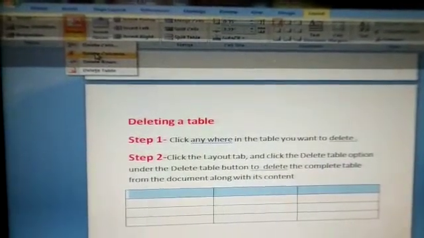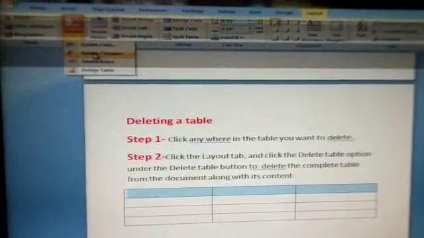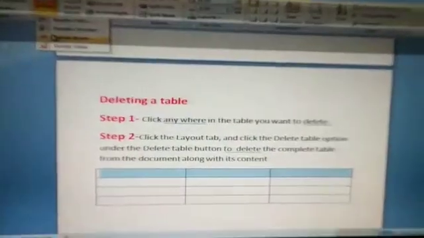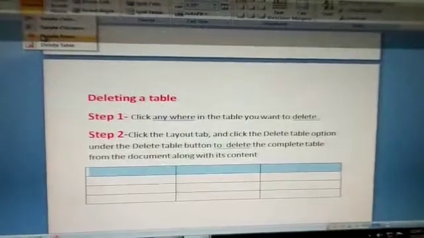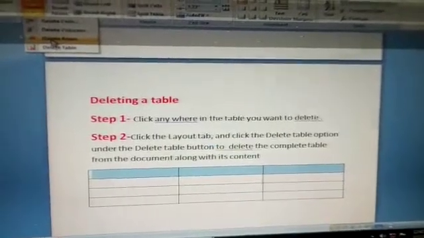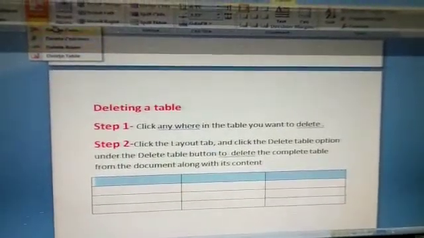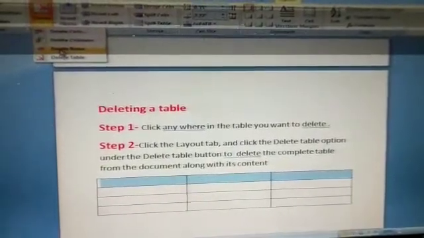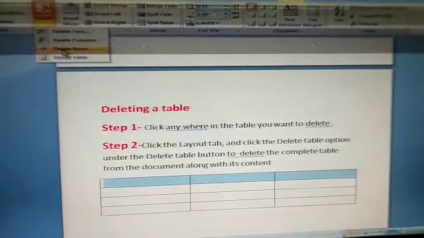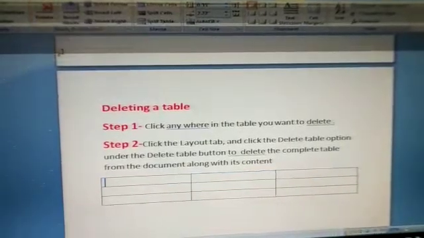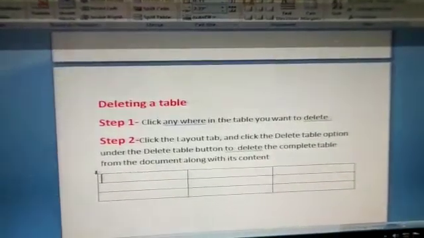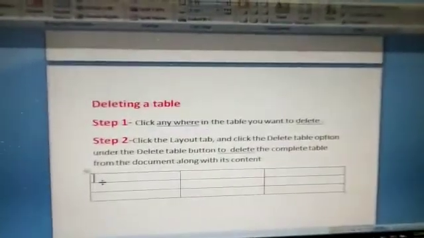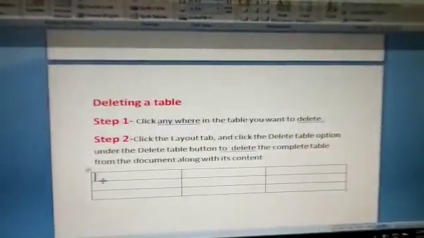Just I have clicked delete columns. Students, just see, I have clicked here delete rows. Okay, what do you want to do? Delete cells, delete columns, delete rows. You can delete. First I will click here on delete rows. Click here. You can see before this we had 4 columns. Okay, now we have 3.